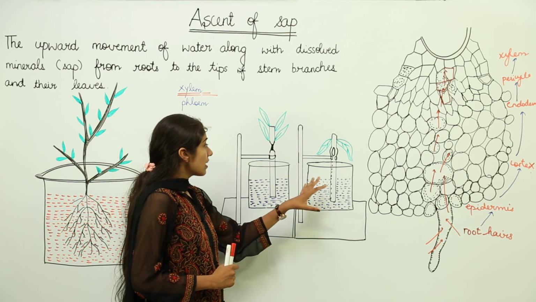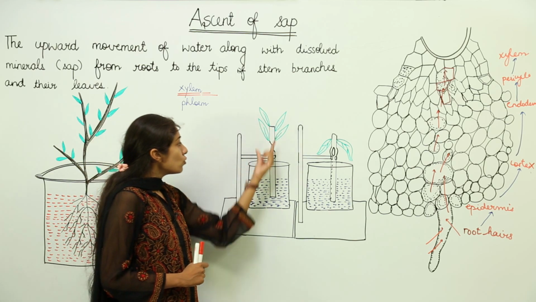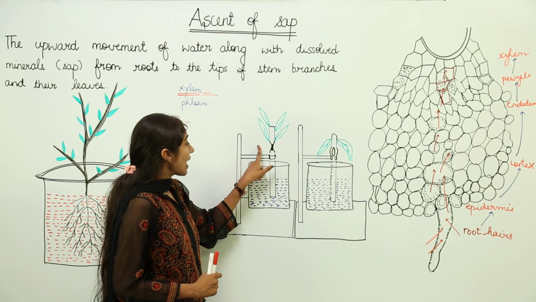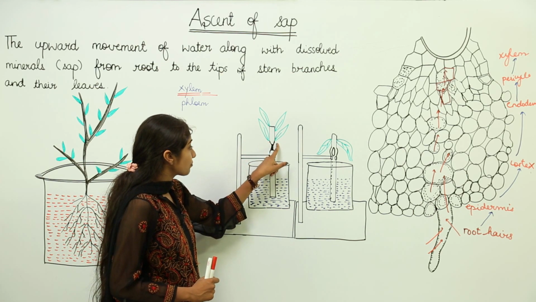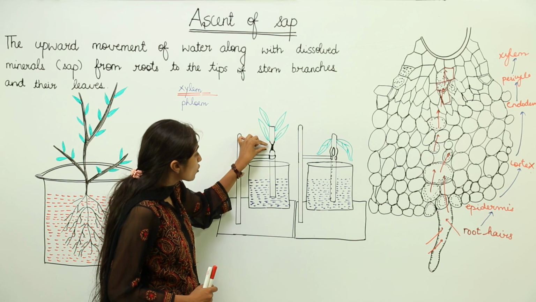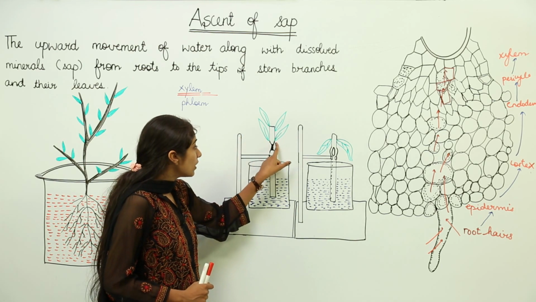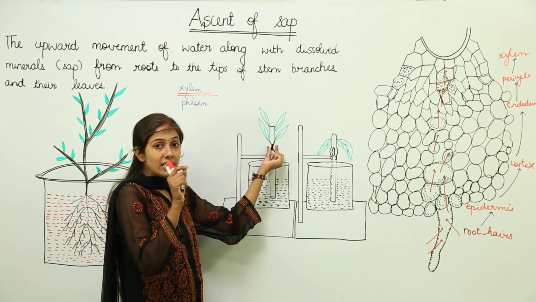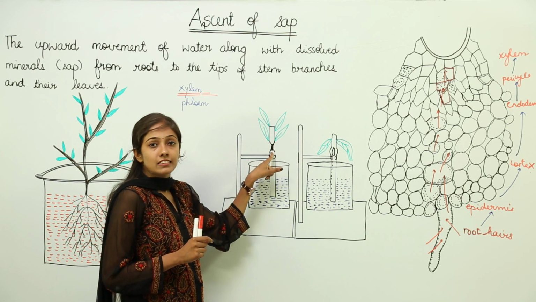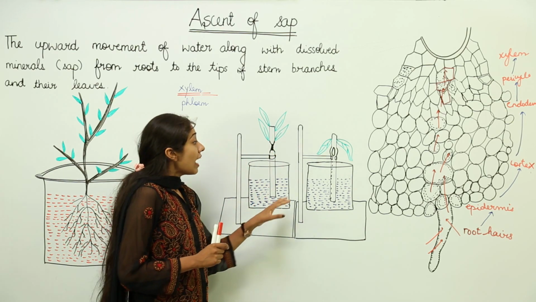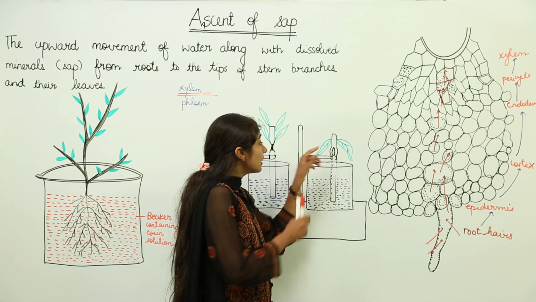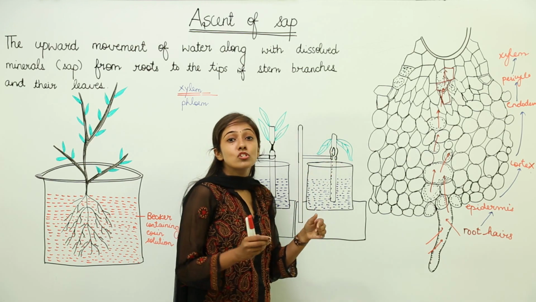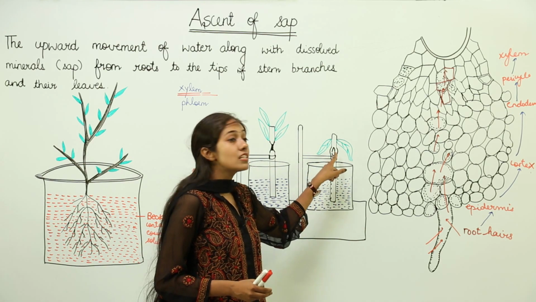We have taken 2 beakers and we have taken the shoot, the stem of the balsam plant. In the first case, we have removed the outer bark, right. From a small portion of the stem, we have removed the outer bark, and now we can say that the xylem, which is found deeper, is intact in this case. In the second case, we have removed the middle, deeper part, and here the xylem is not intact.